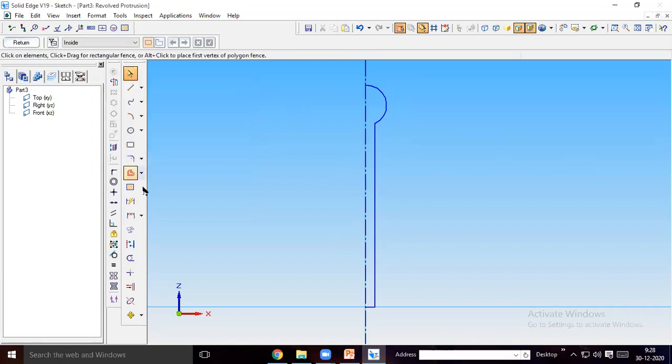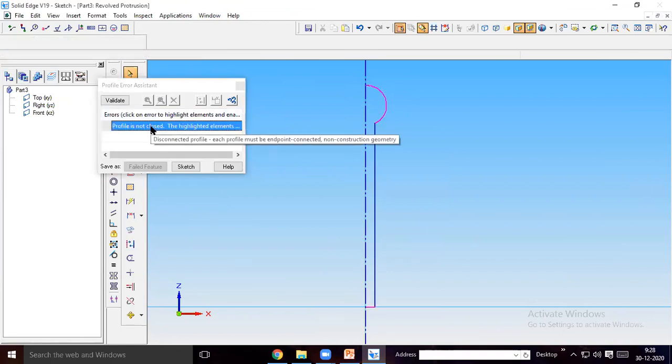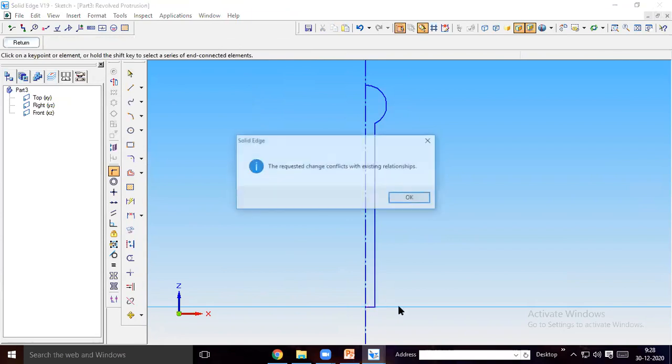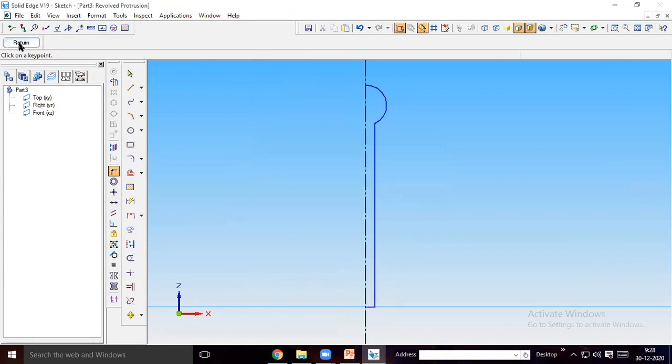Profile not closed means check where line and this intersect. End of this line and end of this line. Okay.